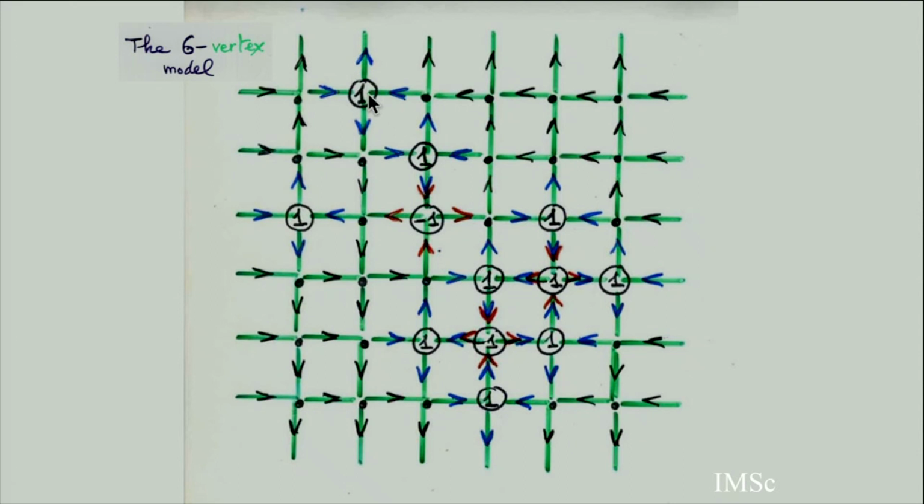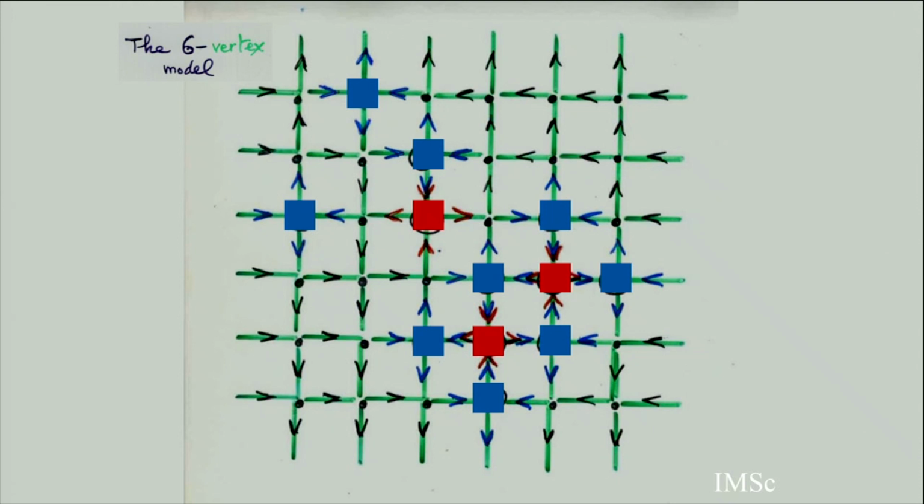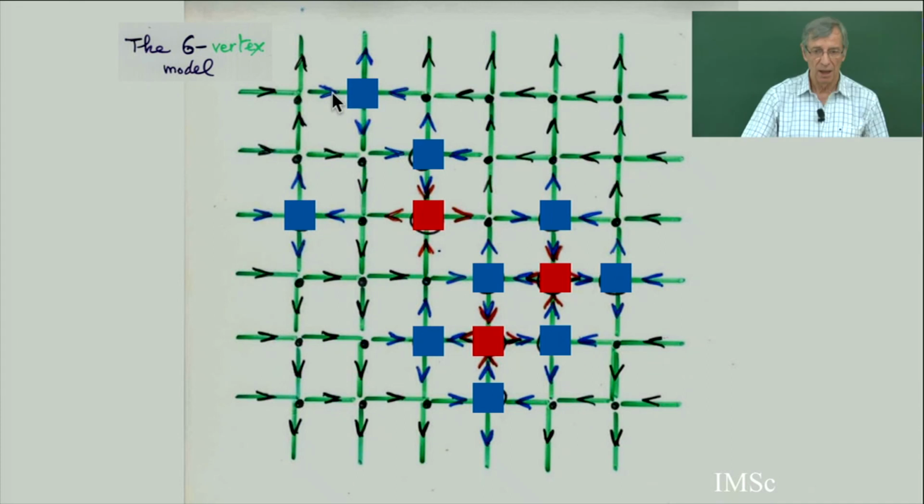So in each vertex, there are 2 edges getting inside, 2 edges getting out. And so you will put a 1 when the configuration is like this. You will put a -1 when the configuration is like this. And you put 0 everywhere else. So here is your alternating sign matrix. So there is a bijection because, of course, it's the same system of equations. There is a very classical bijection between alternating sign matrices and configurations of the 6 vertex model,